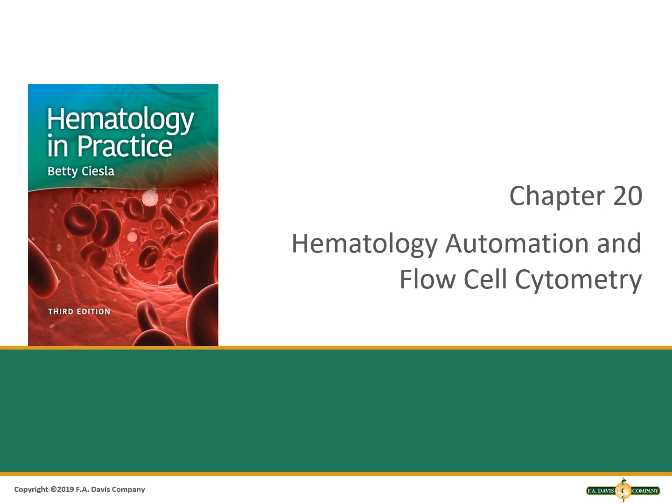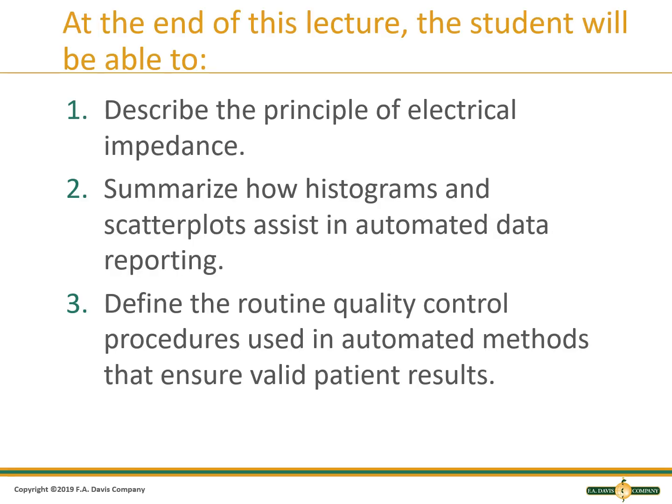This lecture will be on Chapter 20, Hematology Automation and Flow Cell Cytometry. At the end of this lecture, the student will be able to describe the principle of electrical impedance, summarize how histograms and scatter plots assist in automated data reporting, define the routine quality control procedures used in automated methods that ensure valid patient results,